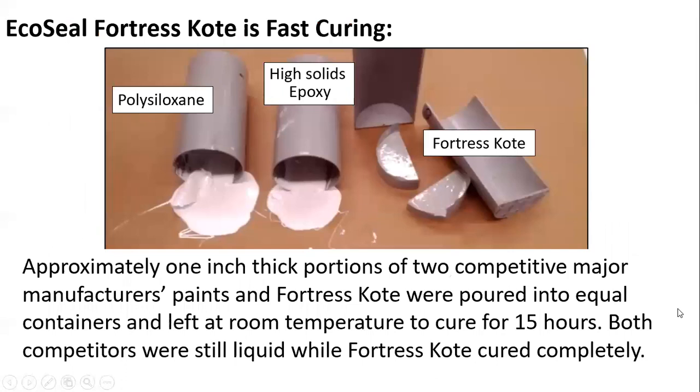Here's a picture showing the fast cure, and it also demonstrates why many epoxy and other hard finishes continue to off-gas after they are supposedly cured, because they aren't completely cured throughout the coat. We put about an inch of two competitive major manufacturers' paints and our own Fortress coat in